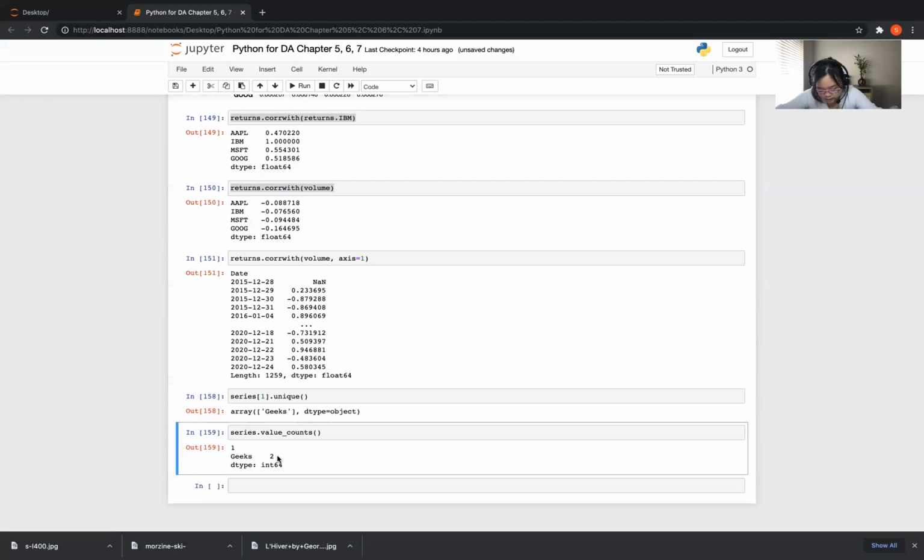The next thing is isin, which performs a vectorized set membership check and can be useful in filtering a data set down to a subset of values in a series or column in a data frame. So for example, what we can do is